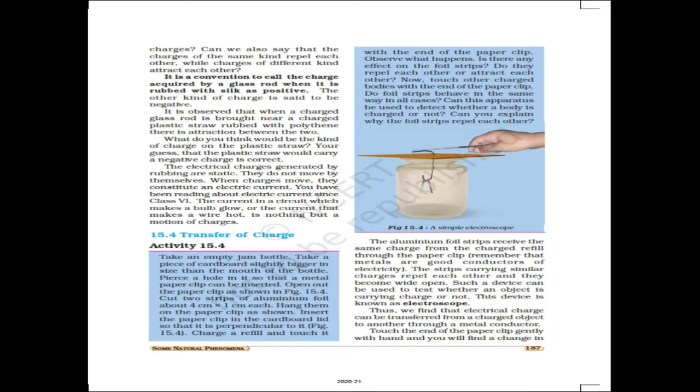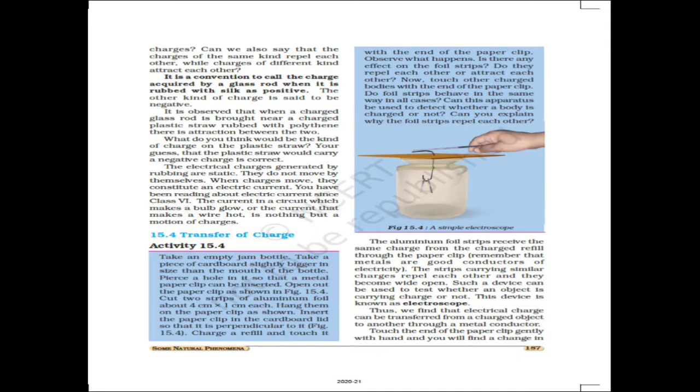After that, we have seen some properties of electric charge. We have seen that by rubbing any two objects, it acquires some electric charge. After that, we have seen the types of charge, that is positive charge and negative charge, and also we have learned how they interact. We know that when like charges are together, they will repel each other, and if unlike charges are there, they will attract each other. Like means same and unlike means different, right?